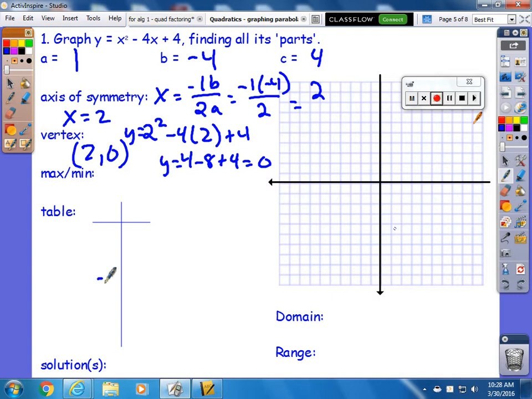Because it ends up y equals 0, my vertex is 2, 0, which means on the graph that my